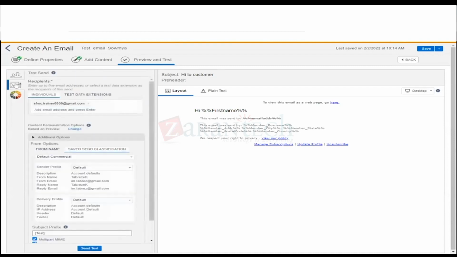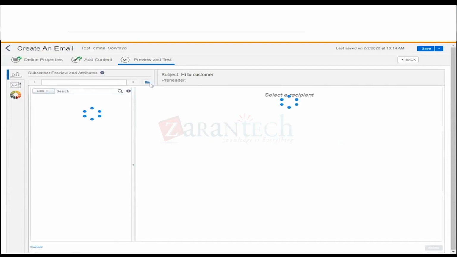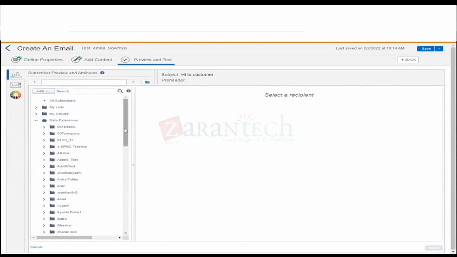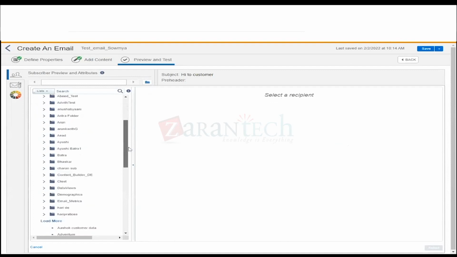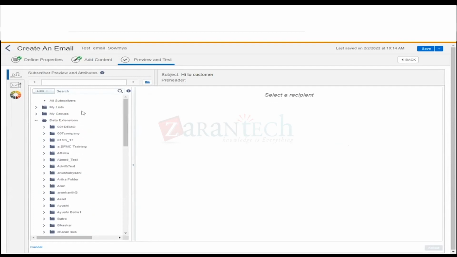You can see that folder option. Don't go to this menu, go to the previous menu. Here you will be selecting the data extension to check the preview of the email